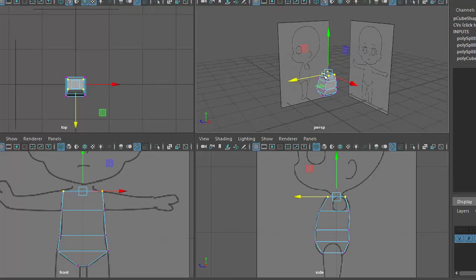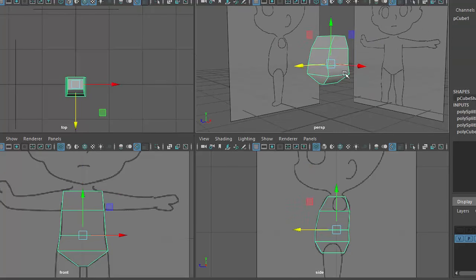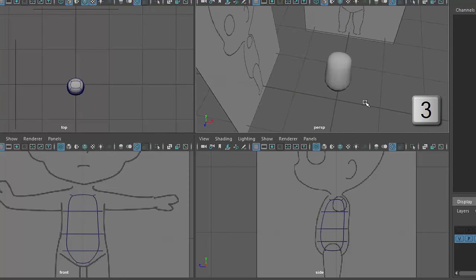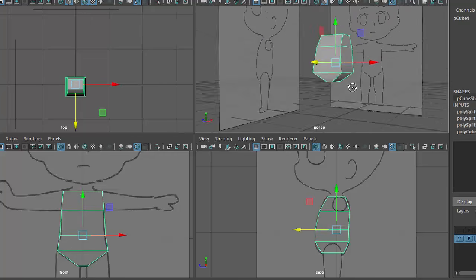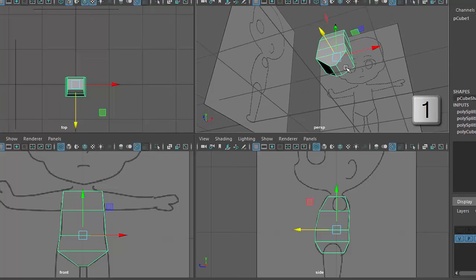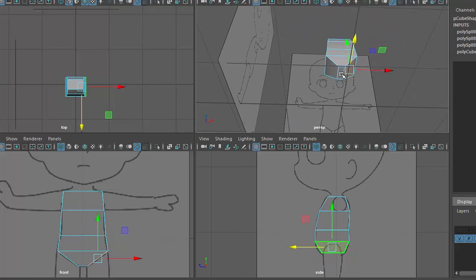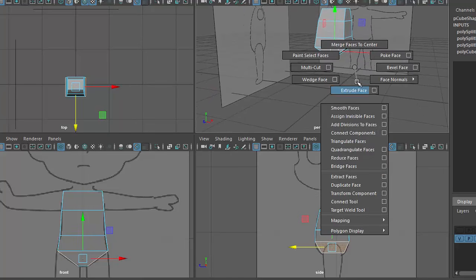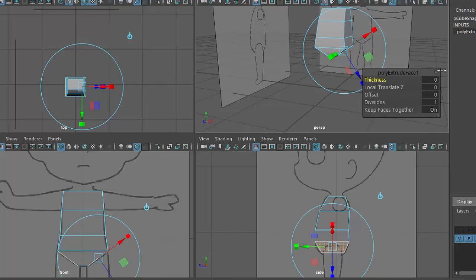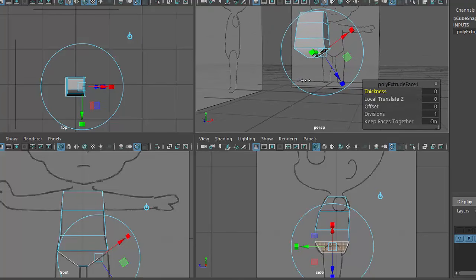We can hit 3 to go into smooth preview and make sure there's no problems with the model and see how it looks if it were to be smoothed. Hit 1 to go back to regular smoothness. Now we'll right click and go to face mode and select the 2. We'll do a shift right click, extrude face, use the Z axis to pull out some depth, and then click